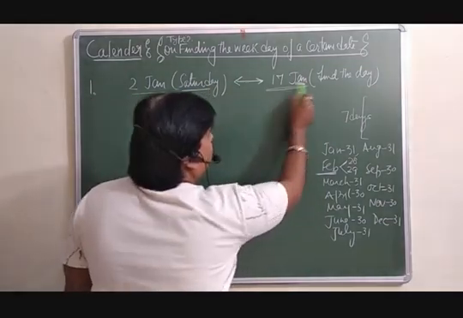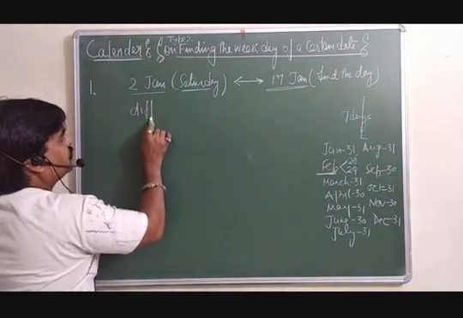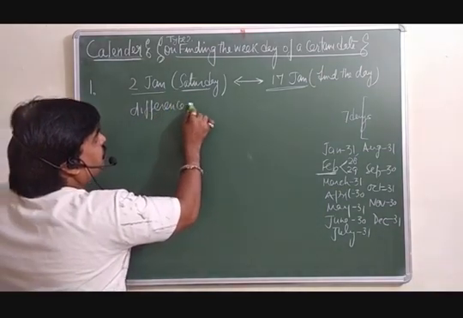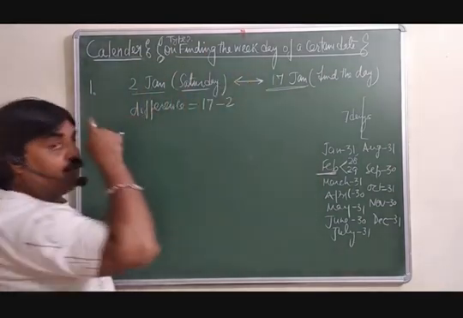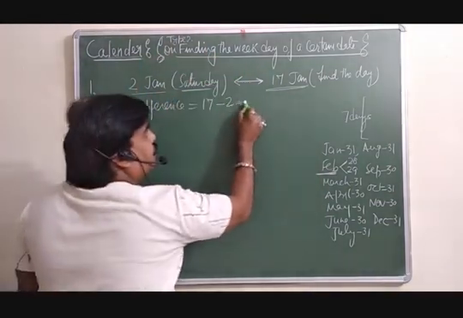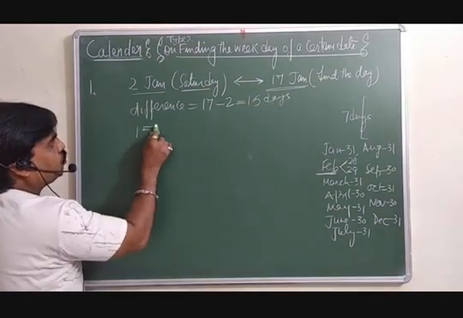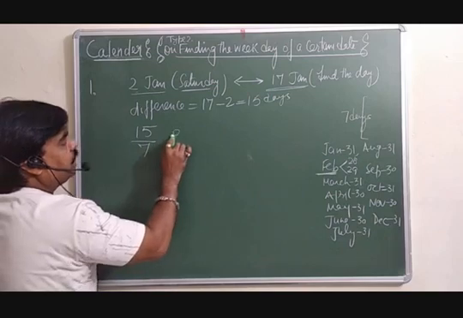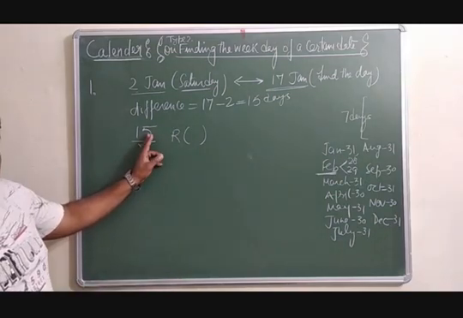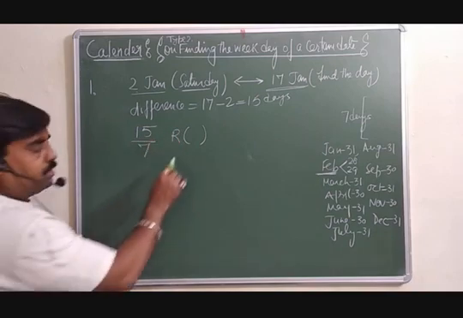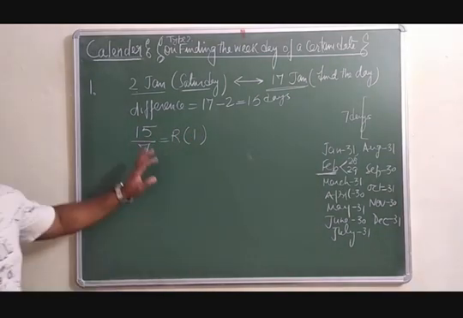Look here. For example, on the 2nd January there was a Saturday. Which day will be on the 17th January? What you have to do is just take the difference, that is 17 minus 2, because 2 days are already gone. You want to know the day on 17th January, so the difference is 15 days. This number you must divide by 7, and whatever your remainder is. 7 twos are 14. So your remainder is 1.